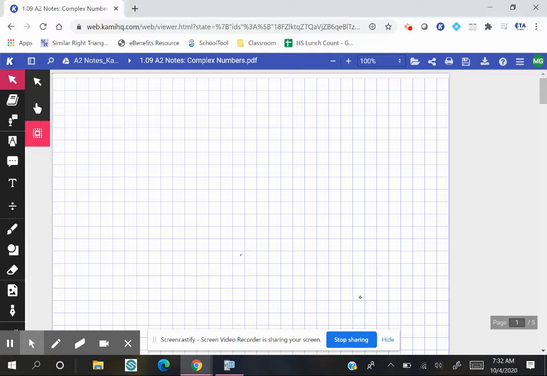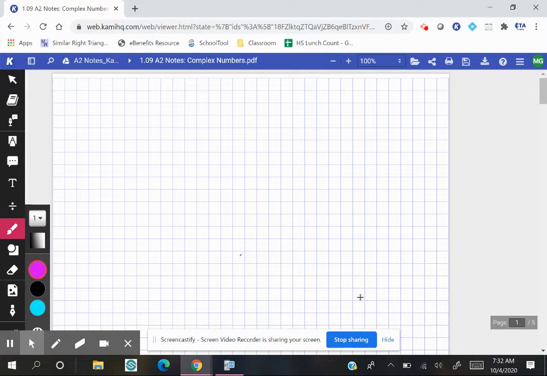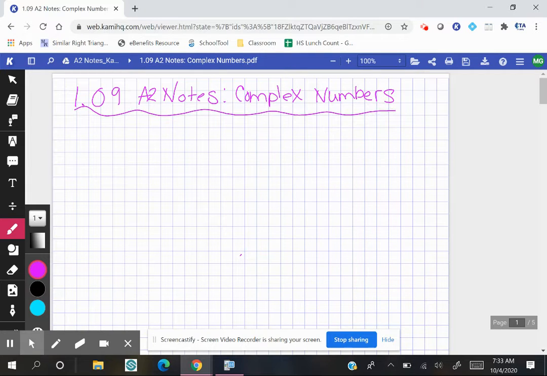We are on 1.09 Algebra 2 today notes. And these notes are going to be on complex numbers. We will be graphing them. We're going to multiply and simplify. Lots of fun stuff. All right, first we're going to start with graphing